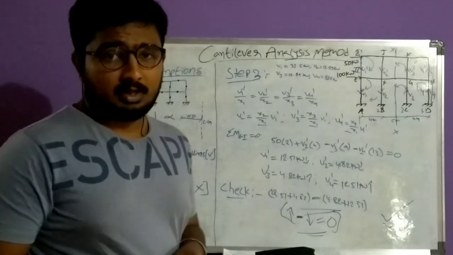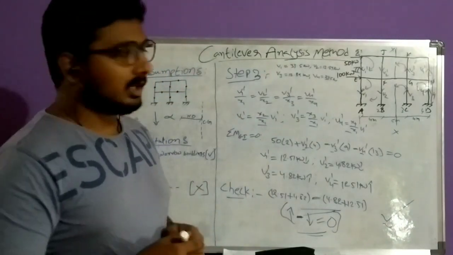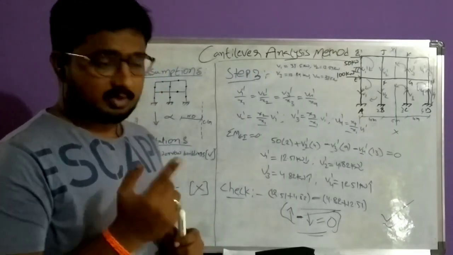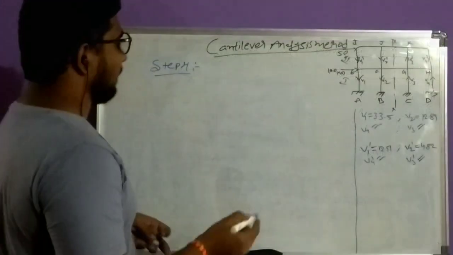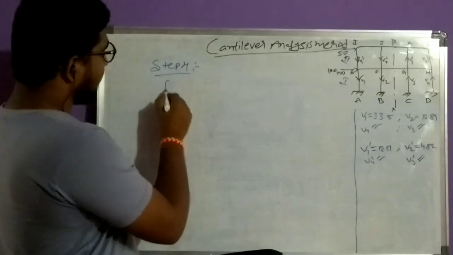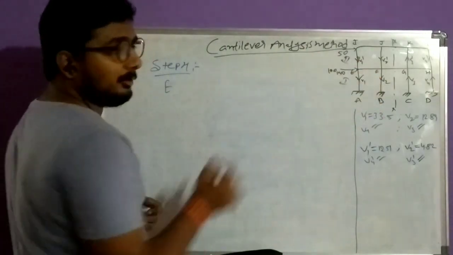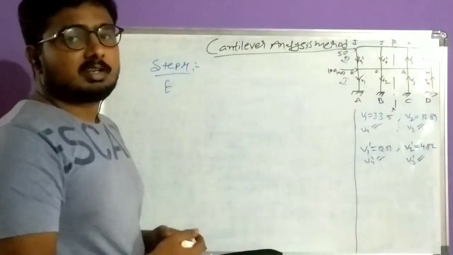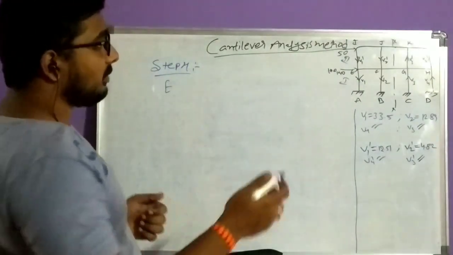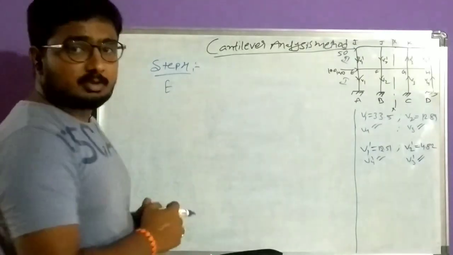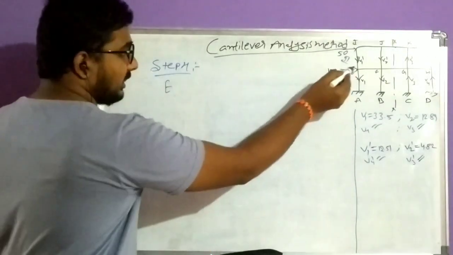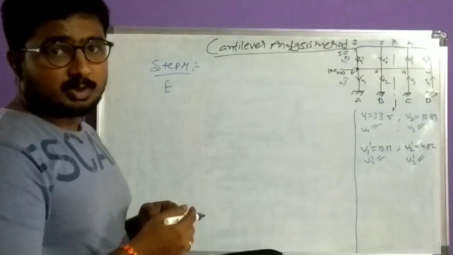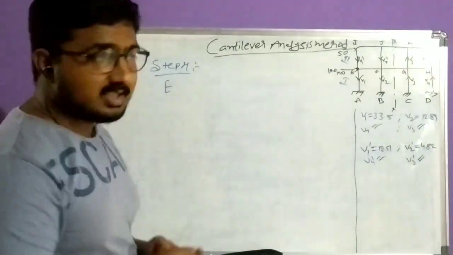And in step 4, we have to calculate the shear at the ends of the beams. So we will calculate the shear at the ends of the beams in step 4. Here I am considering the end E of the beam EF. I am calculating the shear at the end of the beams with the help of the axial loads in the columns. I am considering that at the joint E, the forces which are coming towards the joint are positive and going away from the joint are negative.